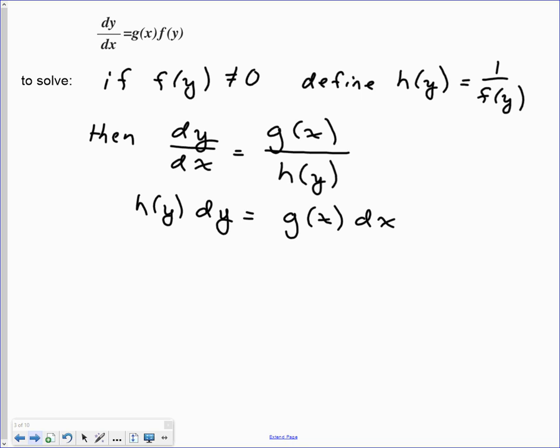So basically, we can get all the stuff involving y on one side of the equation, all the stuff involving x on the other side of the equation, with a differential with respect to y and a differential with respect to x on one side. Okay? So if we get all of the y terms on one side, all the x terms on the other side,